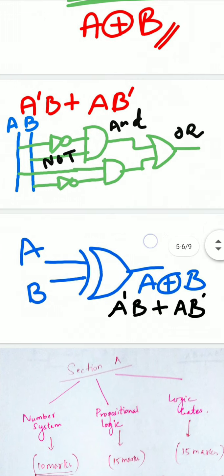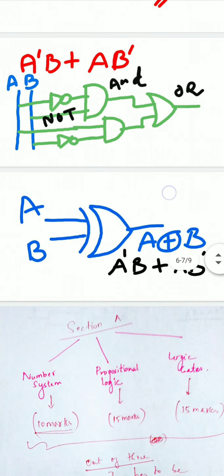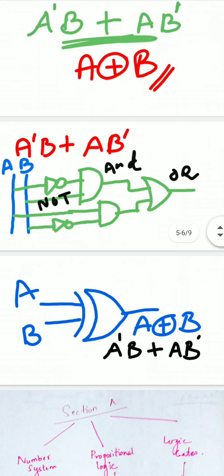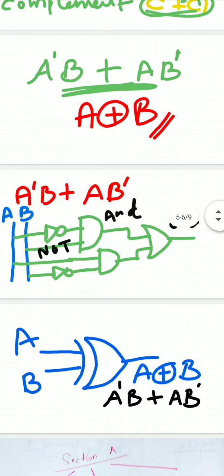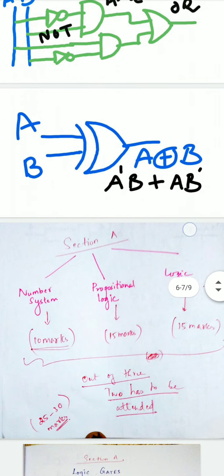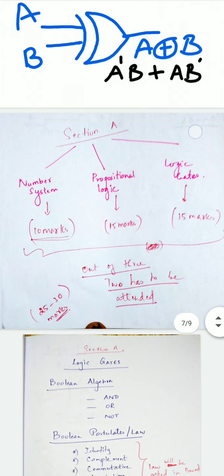Next, this is another example, another solution. If in the question paper they didn't ask you to use AND and OR gates, what can you do? You can simply use the expression as an XOR, and directly use the XOR symbol. See? This is the simplified solution, but it depends on the question. Read the question, how the question is asked. Based on that question, please give your answer. With this, the problem solving part is over.